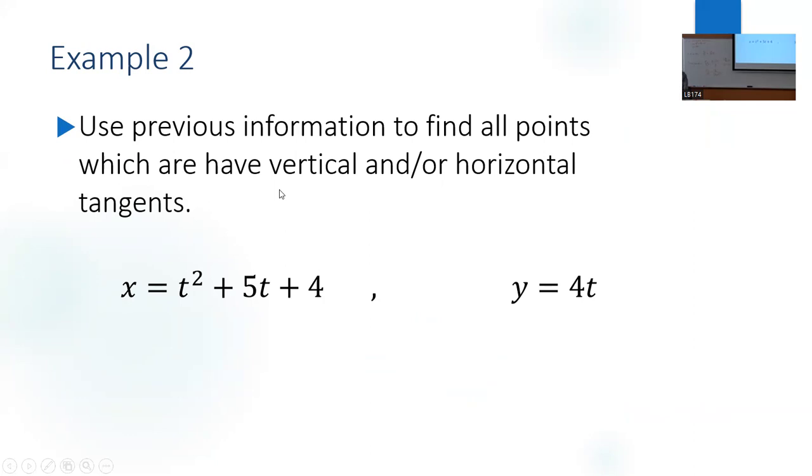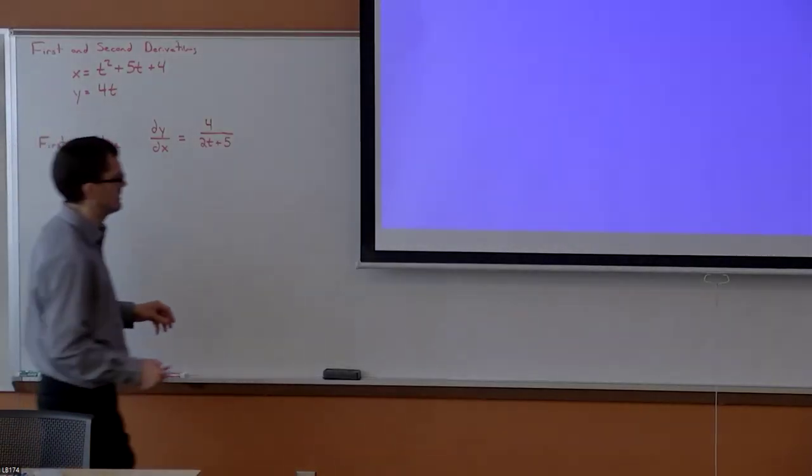Now, we wanted to figure out where we had vertical tangent lines or horizontal tangent lines. Vertical tangent lines have infinite slope. Horizontal tangent lines have 0 slope. So if I wanted to take the stuff I just found and use it to find some vertical and horizontal tangent lines,